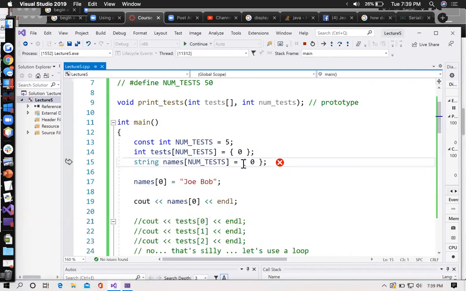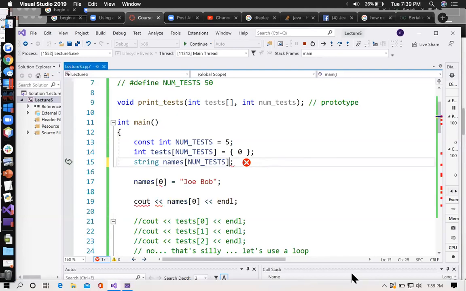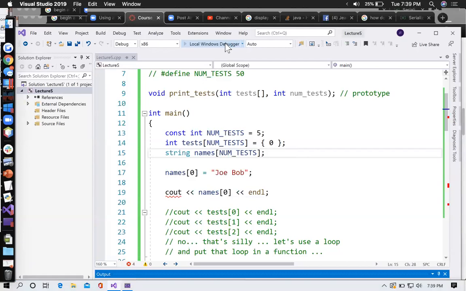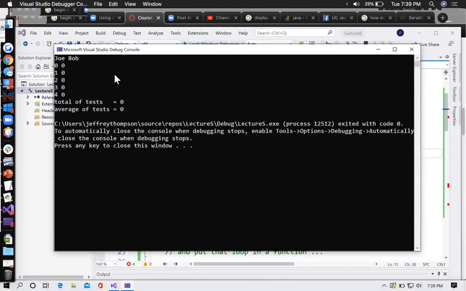Okay. Well, we won't initialize it with anything. How about that? Because it was a useless initialization anyways. All right, and so the name is Joe Bob,